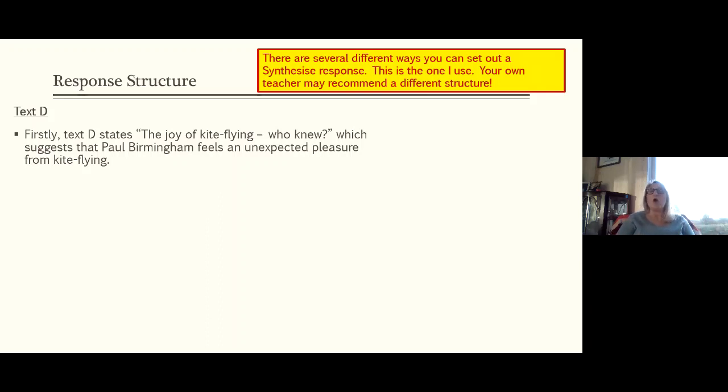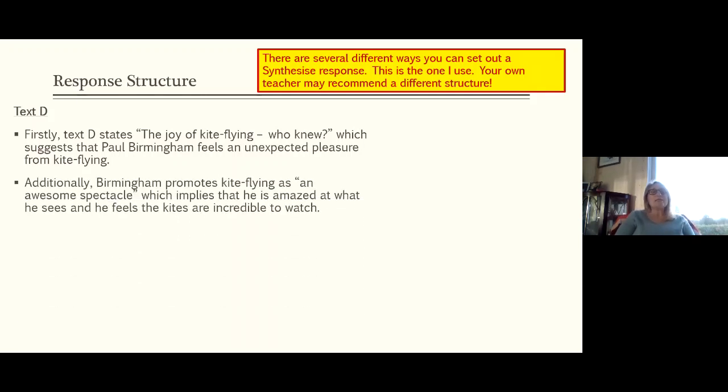enthralled with this hobby. Okay, and you notice that I've got feels in the response because I'm focusing on the feelings of the writers. Text D again, so additionally, Birmingham promotes kite flying as an awesome spectacle, which implies that he's amazed at what he sees, and again, he feels the kites are incredible to watch. Now, you'd have about 5 points for each of these texts, as I said, or you could have 4 and 6, 3 and 7, as long as you've got at least 2 for each text, but a total of 10